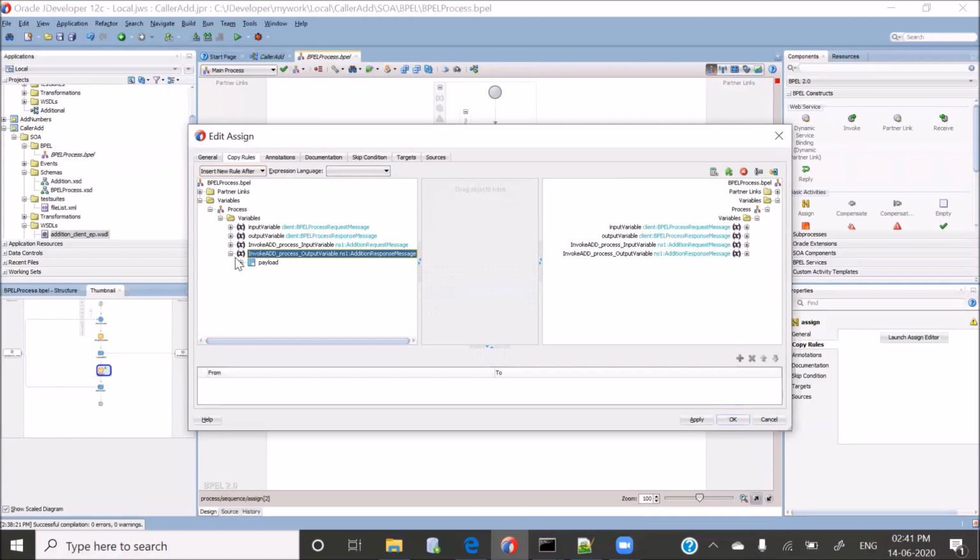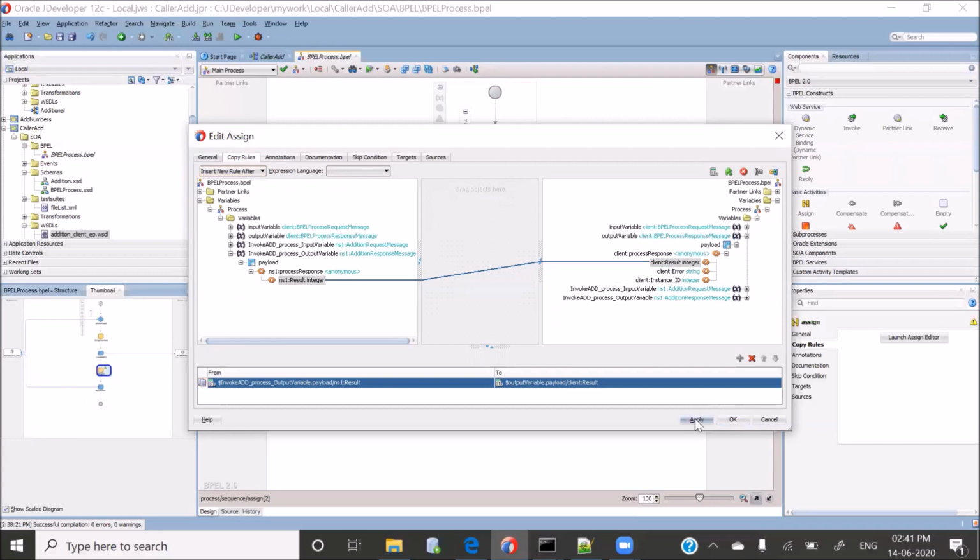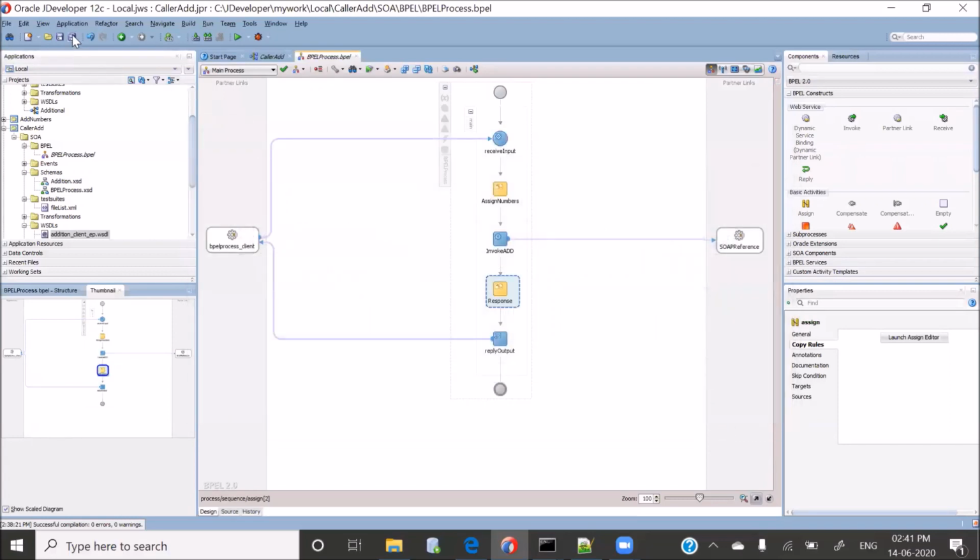And we are getting the response from this composite. This result we will assign to our caller composite result. Just save it. As of now, there is no error handling. This is just the success scenario.